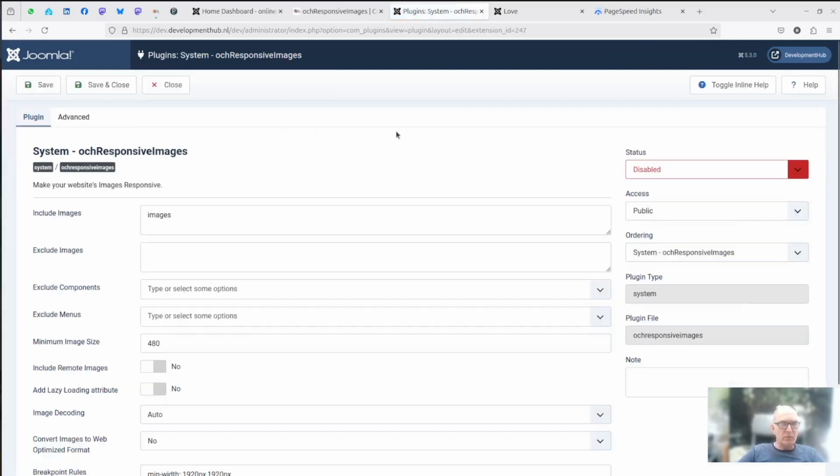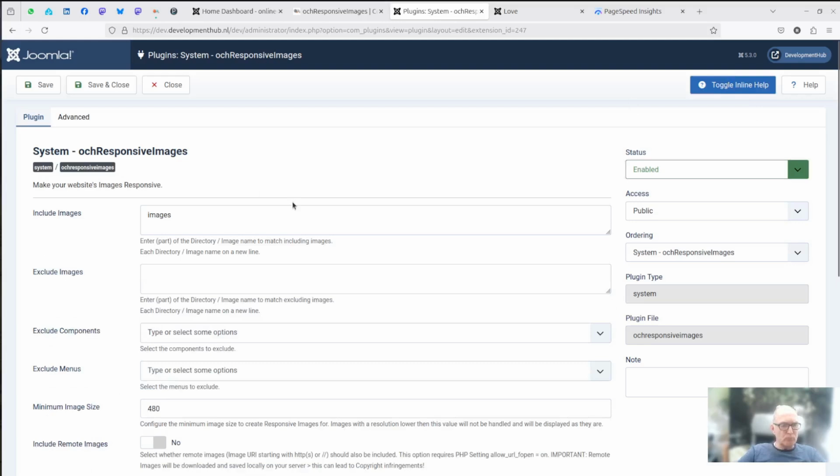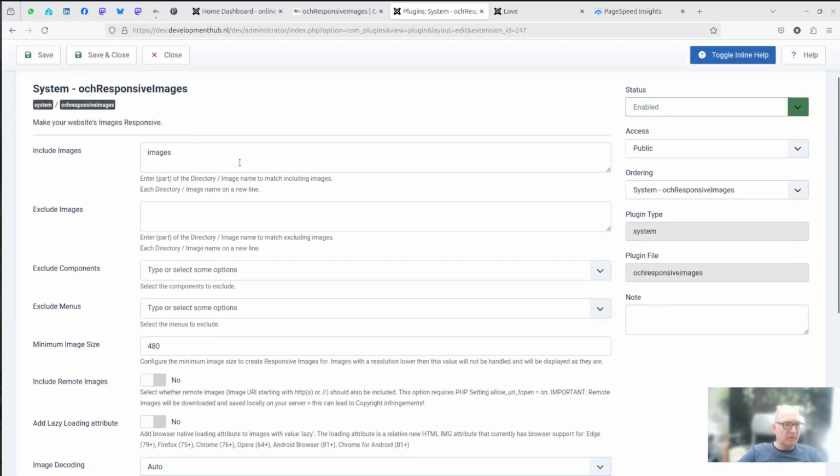Now let's see what we have. Let's first enable it. I make extensive use of inline help, so just toggle this on. Okay, so what is it that we need to configure and what we can configure? You can include and exclude images based on their directory or image name.